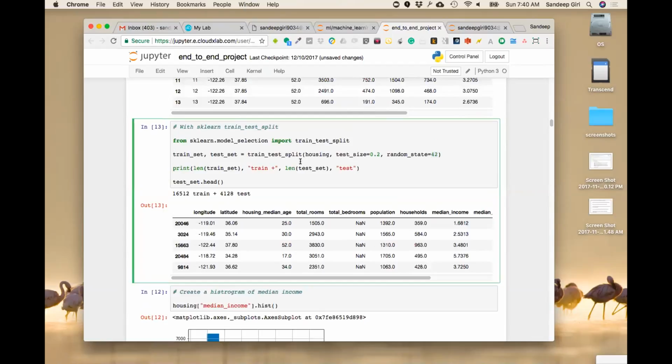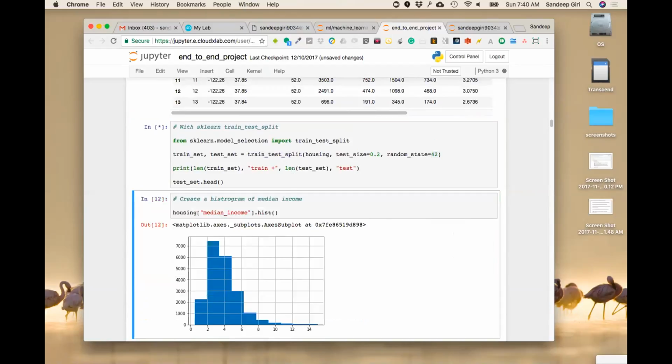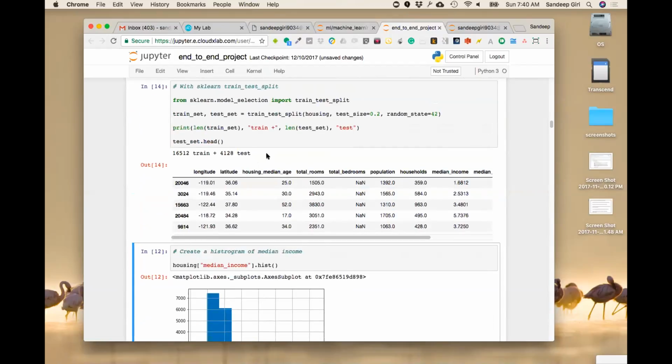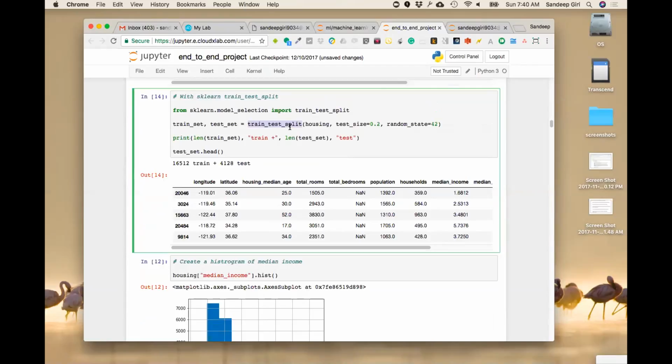All right, so here we're using scikit-learn's train_test_split. This is also good enough to be used. Now, moving ahead, but this suffers from the problems that we discussed earlier. If you take a look at the test set,